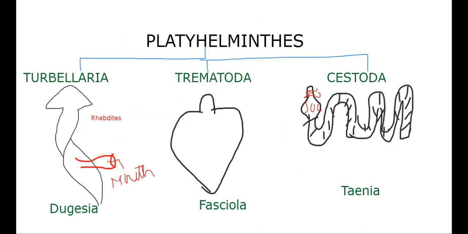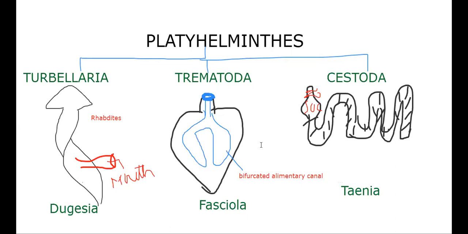Then here in the case of Trematoda, the mouth is surrounded by suckers, and the alimentary canal is a little bit special. As we learned earlier, there is no anus. That means only one opening is present here, and that is only the mouth, a single opening, and a bifurcated alimentary canal is present. Such an alimentary canal is called a bifurcated alimentary canal. The bifurcated alimentary canal is the characteristic feature of these animals.